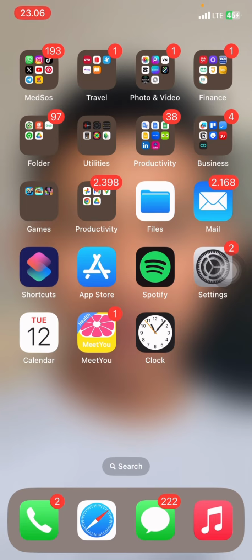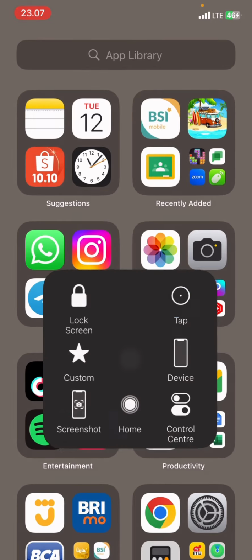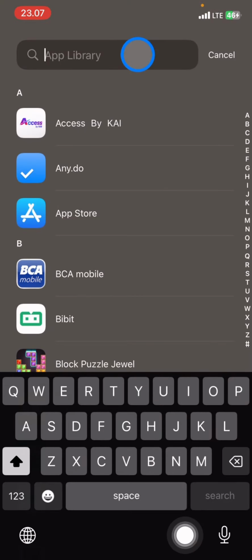In this video I would like to show you how to install an application on iPhone. To install or get a new application on your iPhone, you need to have the App Store. If the App Store doesn't appear on your home screen, you just need to slide your screen to the left until you get to the App Library, and after that just tap the search button and type App Store,